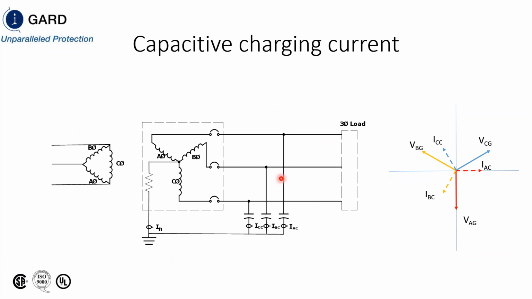What I've done here is I've drawn the capacitance as a lumped capacitor so you can see how it works, but it's actually distributed capacitance. The rated voltage to ground in this system is, let's say, 347 volts. So 347 volts from A to ground, B to ground, and C to ground. The corresponding capacitive current is 90 degrees leading the voltage. So the corresponding capacitive current is this value here, for B and C. And when you sum those up, if you're going to put a zero sequence CT,